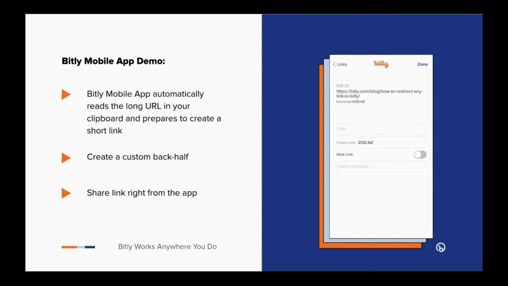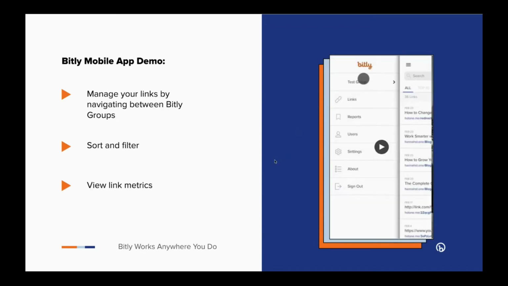I can go into that link, use that edit button in the top right to give it a custom back half. In this case, a blog post about how to redirect links in bit.ly. I'll give it that back half that's relevant to that content. And when I save that link, just like when I'm using it inside of the desktop app, I can share that link right from my mobile app to my other channels, or by SMS, however I want to share that content. So there's a lot that you can do inside the mobile app for link creation, as well as management